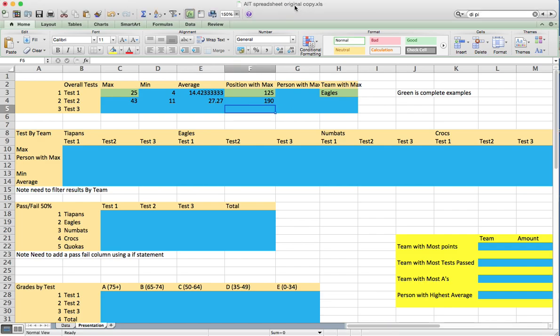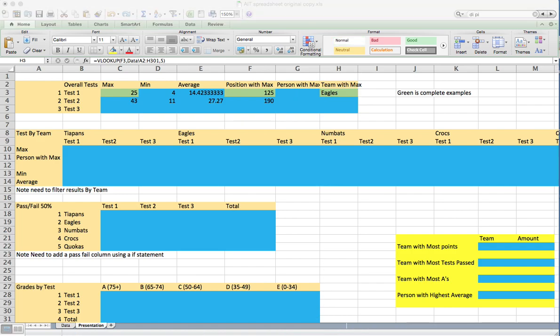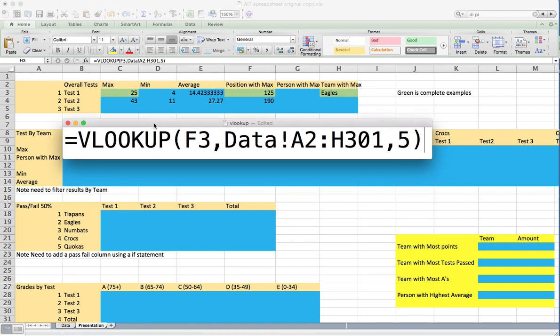Now previously we just looked at the match command. It tells us which position it is. That's not overly helpful. What we're going to try and look at is the person and the team. So we're going to use a VLOOKUP. A VLOOKUP works very similar to the match. We're going to be looking for a specific cell or a value in a specific range, but then I want